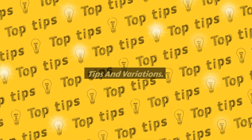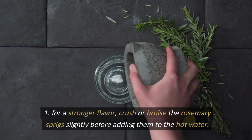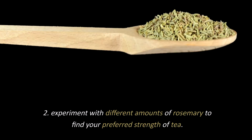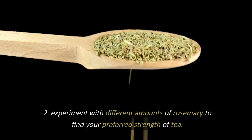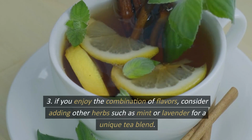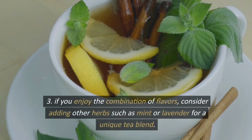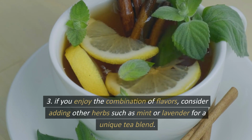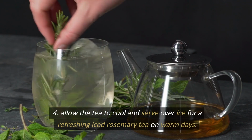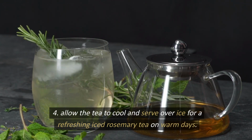Tips and variations. 1. For a stronger flavor, crush or bruise the rosemary sprigs slightly before adding them to the hot water. 2. Experiment with different amounts of rosemary to find your preferred strength of tea. 3. If you enjoy the combination of flavors, consider adding other herbs such as mint or lavender for a unique tea blend. 4. Allow the tea to cool and serve over ice for a refreshing iced rosemary tea on warm